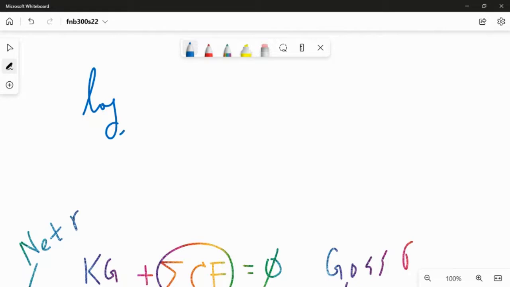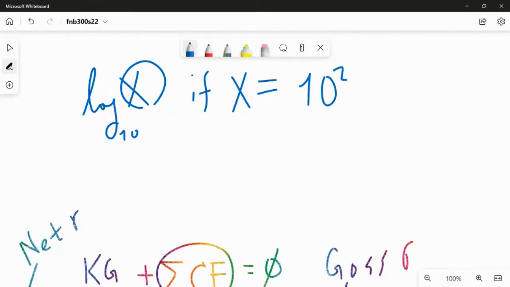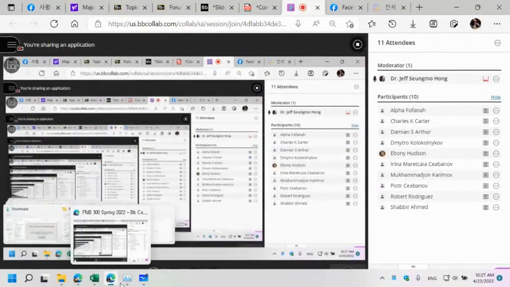So there is the common log, which uses 10 as the base, right? You can take log of any number x to base 10, but the limitation is that if x is some power of 10, like 100, it's easy to visualize what this number will be, right? And also, one of the properties of log is